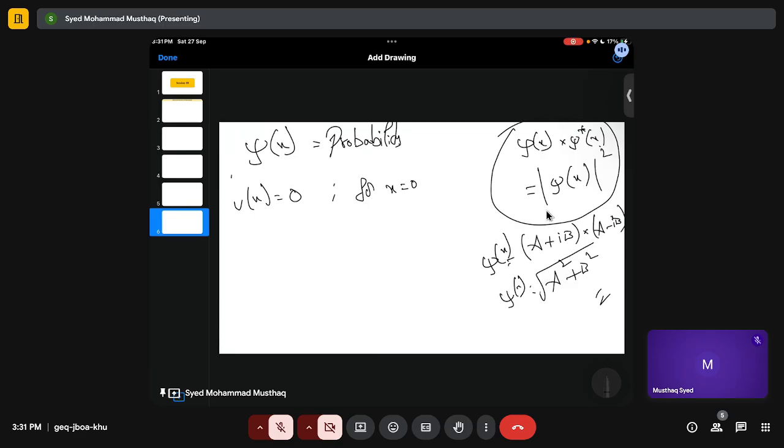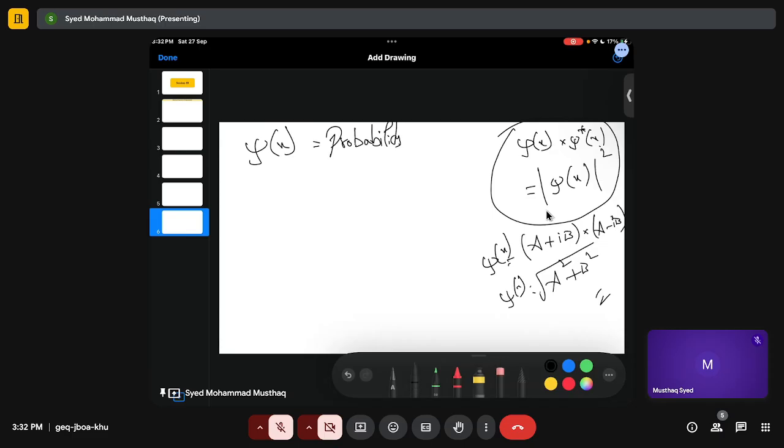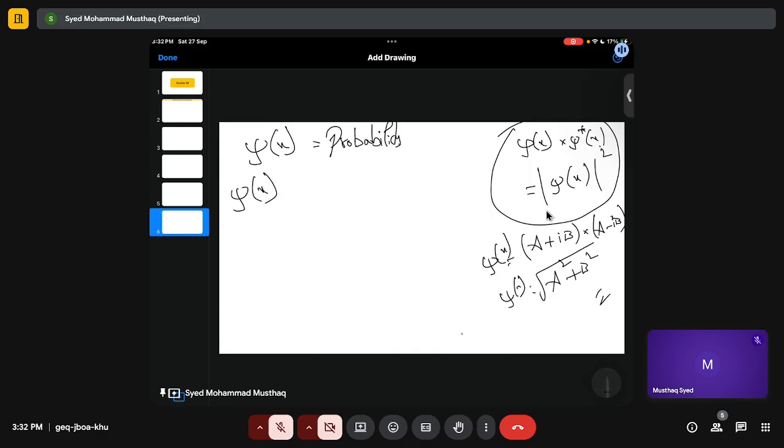Let's first solve that. My x equals 0, or instead of that we can write, what is my wave function at x equals 0. My wave function at x equals